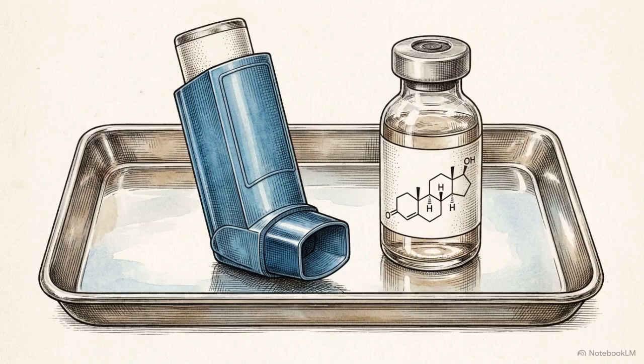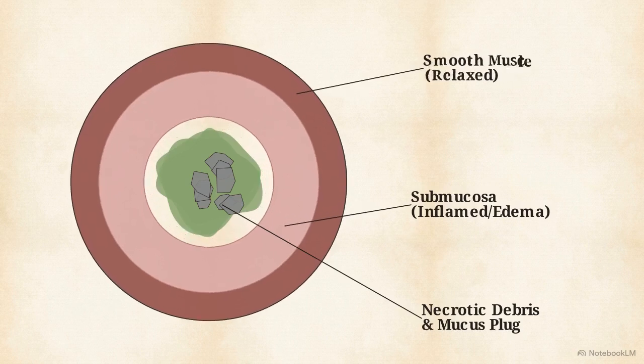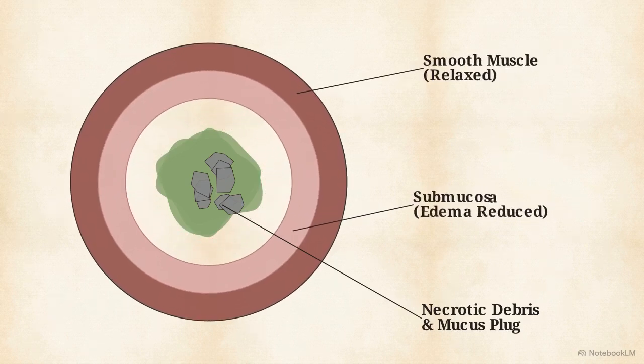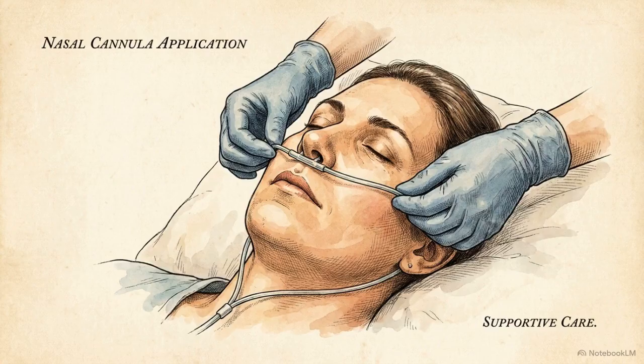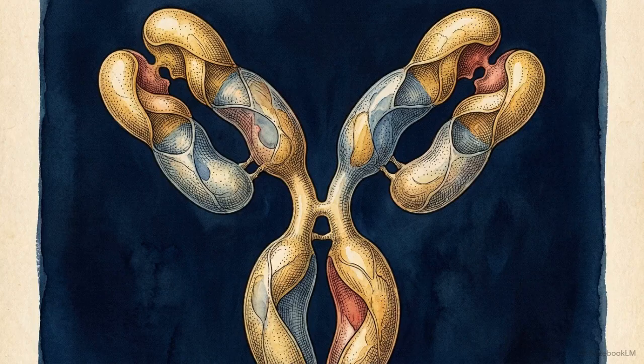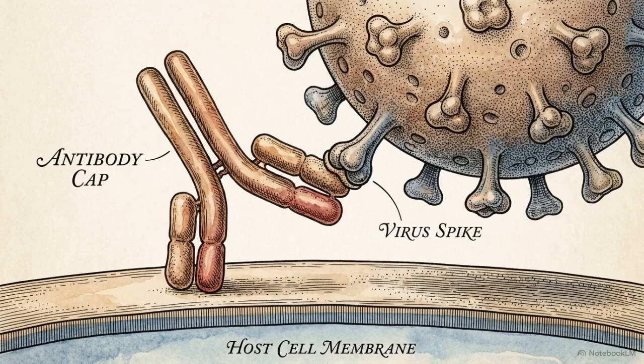Albuterol and corticosteroids are often ineffective here. Albuterol relaxes smooth muscle, and steroids address cytokine-driven edema, but neither can dissolve a physical plug of necrotic debris. Because the primary obstruction is structural, treatment is largely supportive. Effective pharmacological intervention is limited to palivizumab, a monoclonal antibody that blocks the F protein to prevent the fusion process